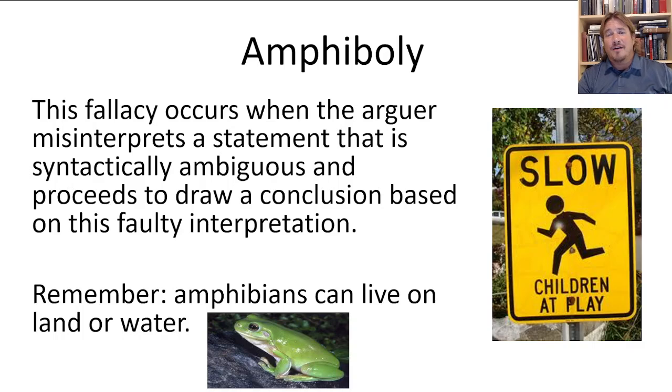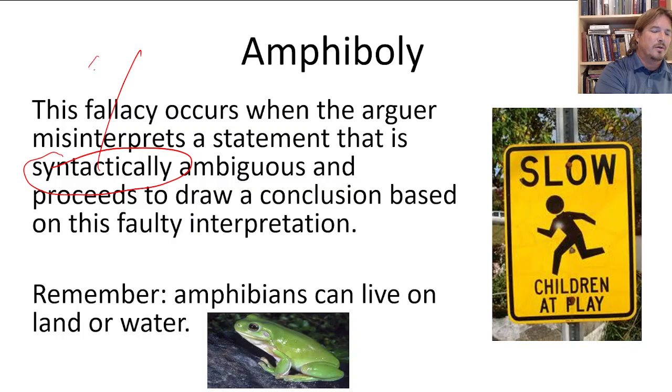So another type of fallacy of ambiguity occurs not when the meanings of the words are ambiguous, but when the syntax or the structure of a sentence is ambiguous. Right? So in this kind of fallacy, it's still a fallacy of ambiguity. One or two meanings could be inferred, but it's a fallacy where you've got a problem in the way that something is written. Okay, so this fallacy occurs when an arguer misinterprets a statement that is syntactically ambiguous. By syntax, it means something like the structure